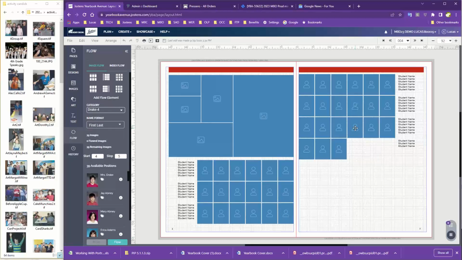So then from here, you are good to go back under create and go back to the image library, make those changes, and then come back and flow. Now in that time, if you're rearranging students, and let's say you come back to the page and you're like, oh, I added this many more kids, I need spots back, because the flow takes away the extra spots,